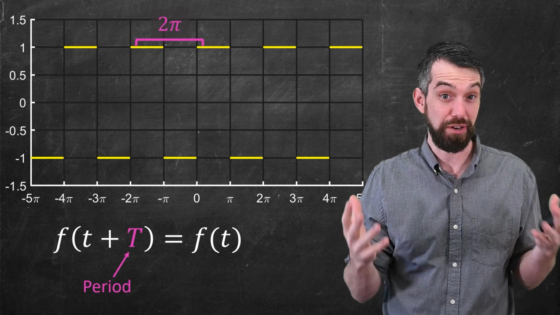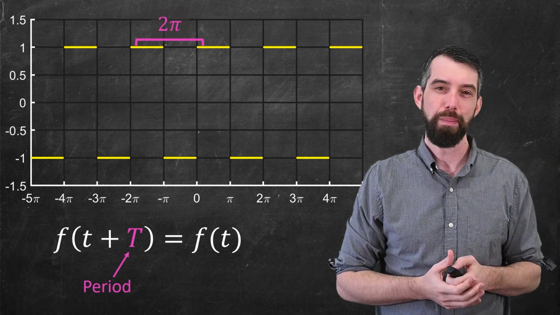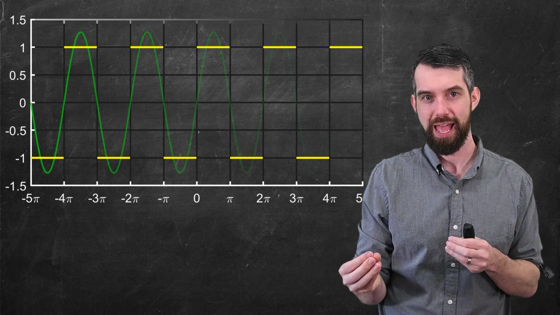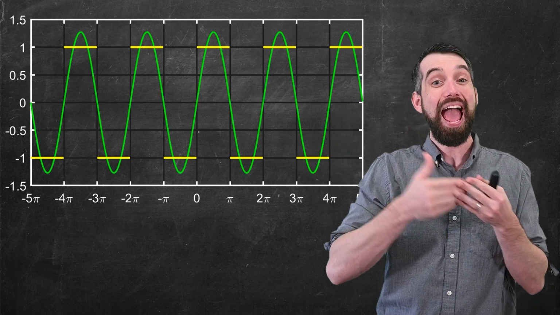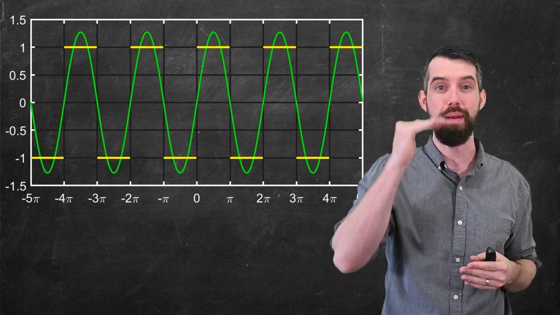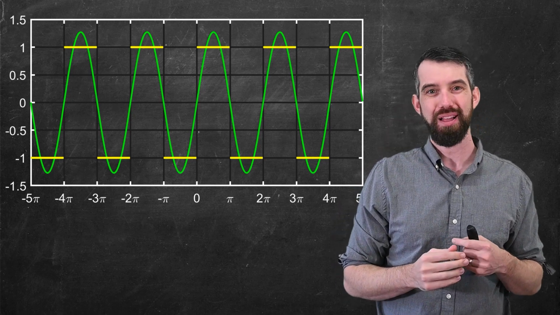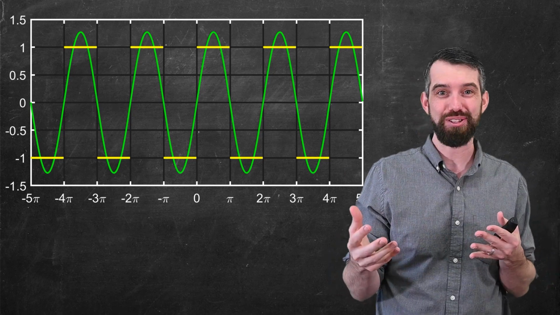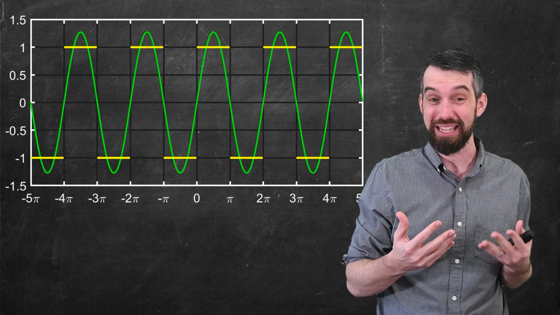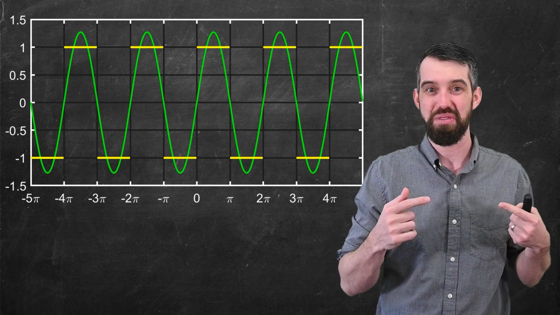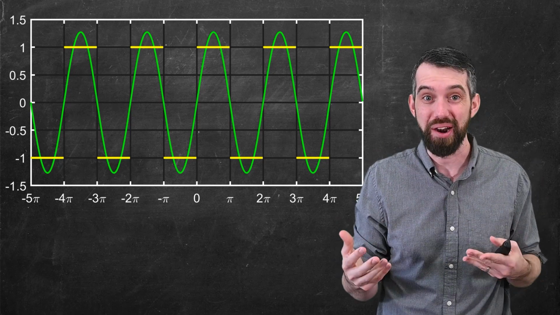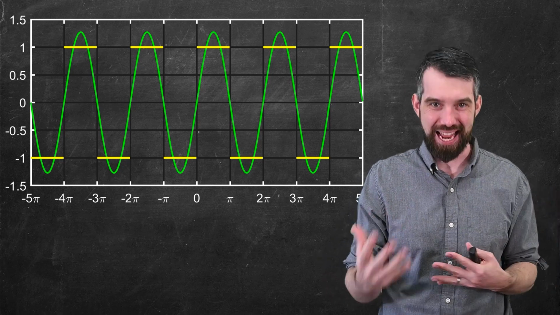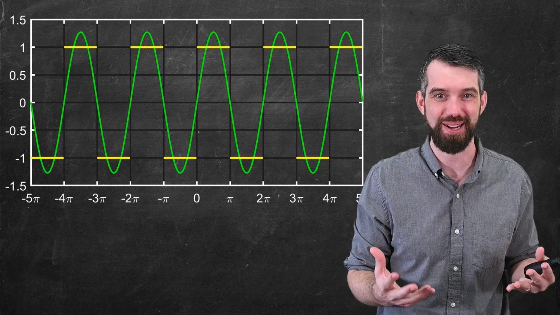Now, if I think about these two different periodic functions that I have, well, the one very loosely could be said to approximate the other. As in, if I put up sine of x and the square wave, the one that goes between 1 and -1, well, they're kind of alike. For example, the peaks of sine of x are broadly around the places where the function value is 1, and the troughs of sine of x are kind of where that square wave takes the value of -1. So there's a little bit of a sense in which you could say that there's a rough approximation,